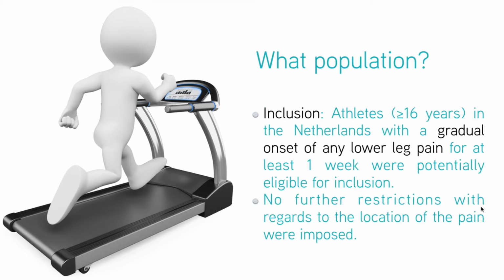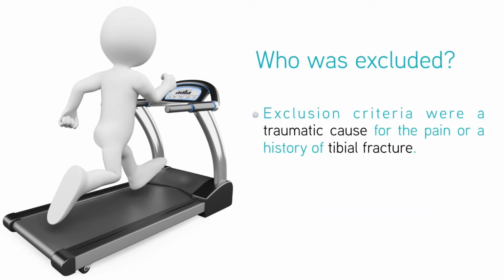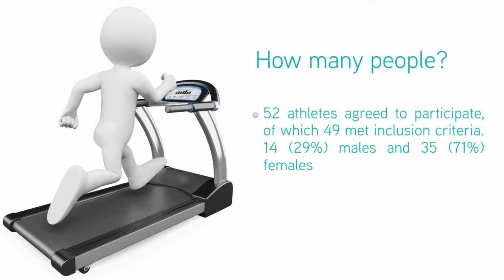So what was the population? Now in this study it was performed in the Netherlands, and they performed it on athletes that were greater than 16 years old, and they had to have had a gradual onset of any lower leg pain for at least a week, and they were eligible for inclusion. They didn't place any further restrictions on the location of their pain, just anywhere in the lower leg. Who was excluded? They excluded anyone that had a traumatic cause for the pain or a history of tibial fracture. They had 52 athletes in this study, and 49 of them met the inclusion criteria, and as you can see,